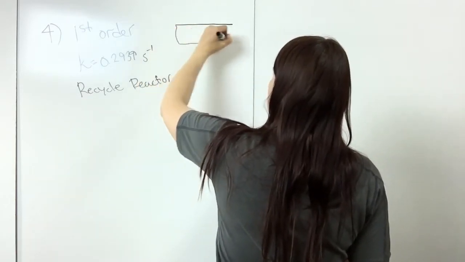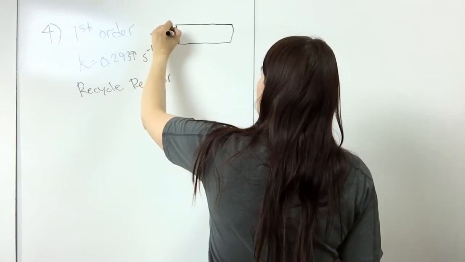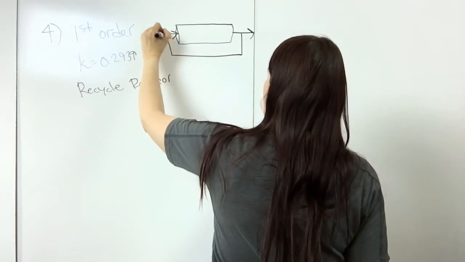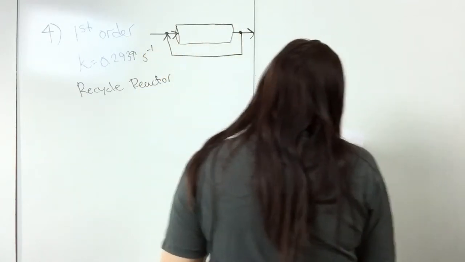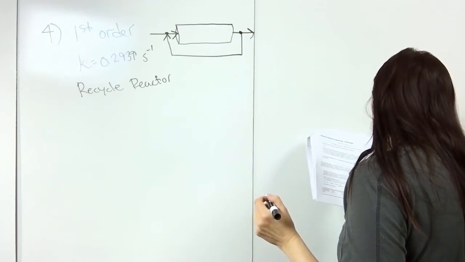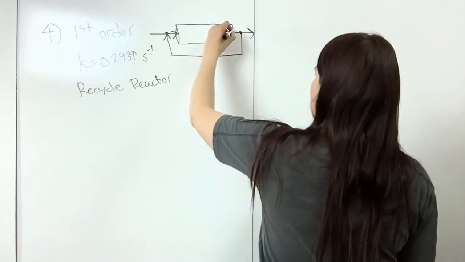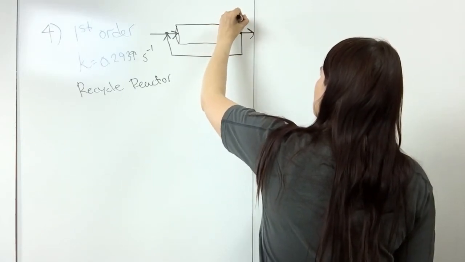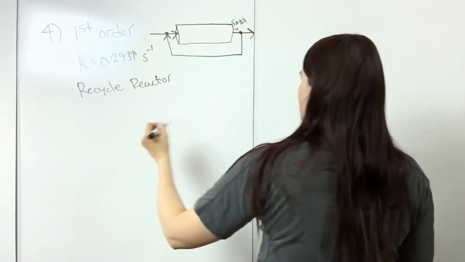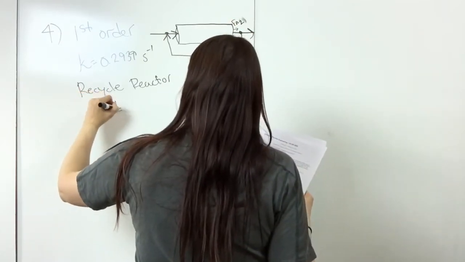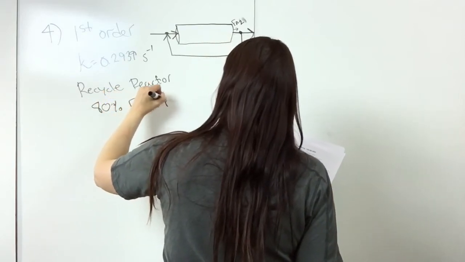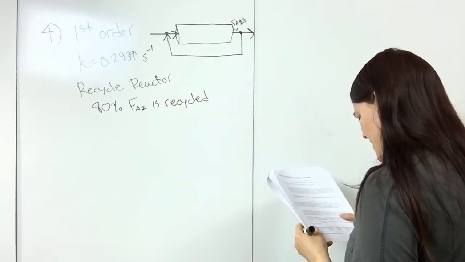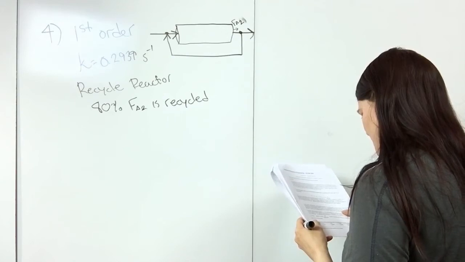here's your reactor, and then this is coming back. So 80% of the immediate exit stream, so the immediate exit stream is right here, so that would be FA2. So 80% of that is recycled. So 80% of FA2 is recycled. The initial concentration in the fresh feed is 2 moles per liter, so